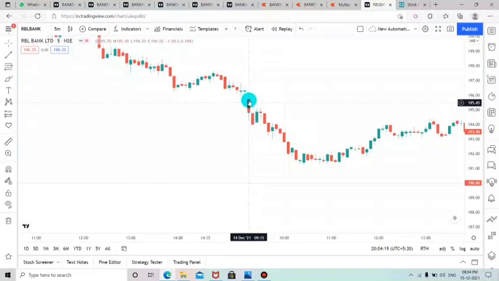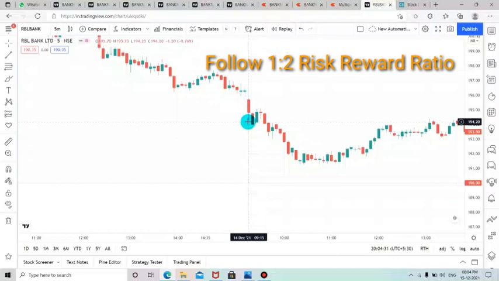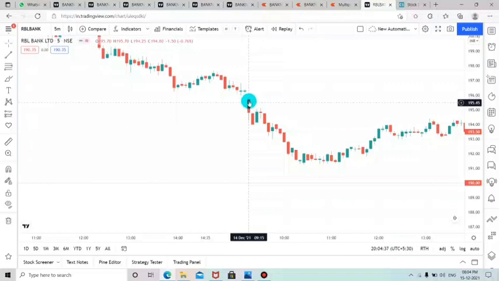So this is the first way we are going to take entry. If you want to punch the order in the 9:15 candle itself, then you can short the first candle itself. And if you want to enter on the perfect confirmation candle, then once the 9:15 candle ends, after the confirmation of that 9:15 candle, at the low of that candle we are going to punch the order. Once the price reaches the low of that candle, we punch the order, and we keep the stop loss above the previous day low. Otherwise we punch the stop loss at the 9:15 candle high. This is the strategy we are going to scan today on the charting website.